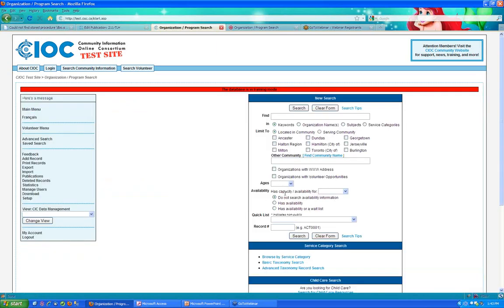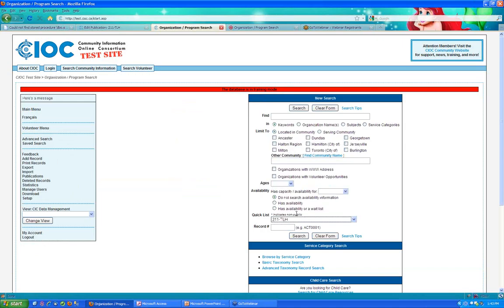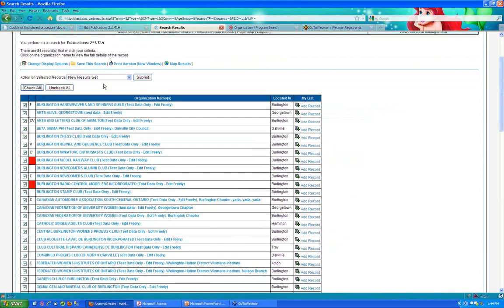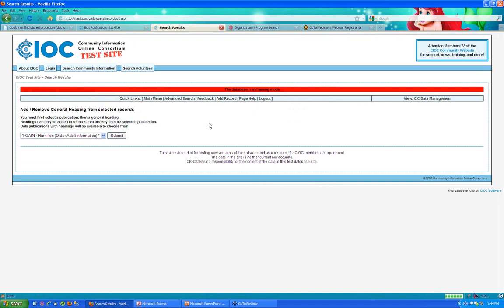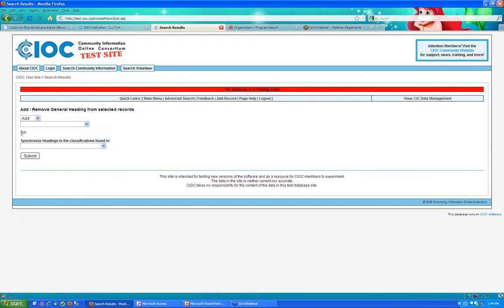So if I bring up quick list, I'm going to bring up my 211 telehealth quick list. This is the test site. I don't know the data well, so if you aren't. I can check them all. I can say remove heading. Okay, so besides the ability to add and remove a single heading, I can do synchronized headings to classifications found in